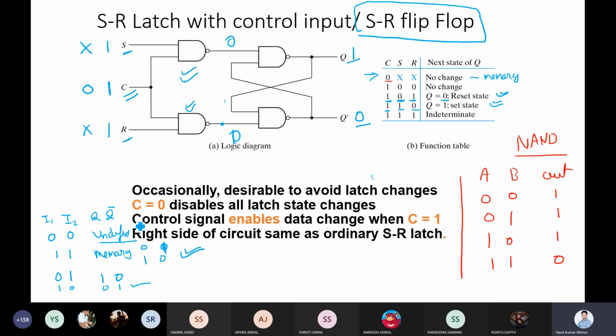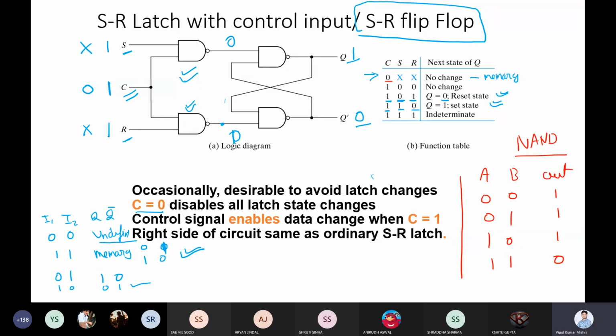So when your clock is 0, it will not change the state. It means the output will not change, or Q and Q bar will not change. Whenever your clock is 1, then only your Q and Q bar will have any change based on the input of S and R. Got it?